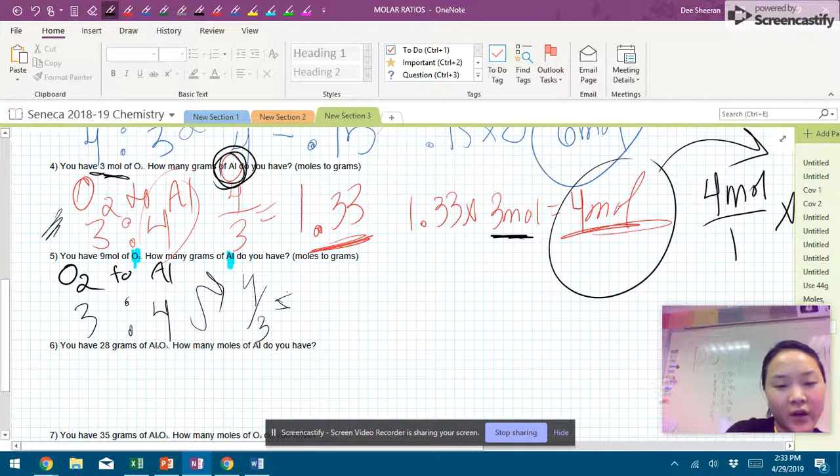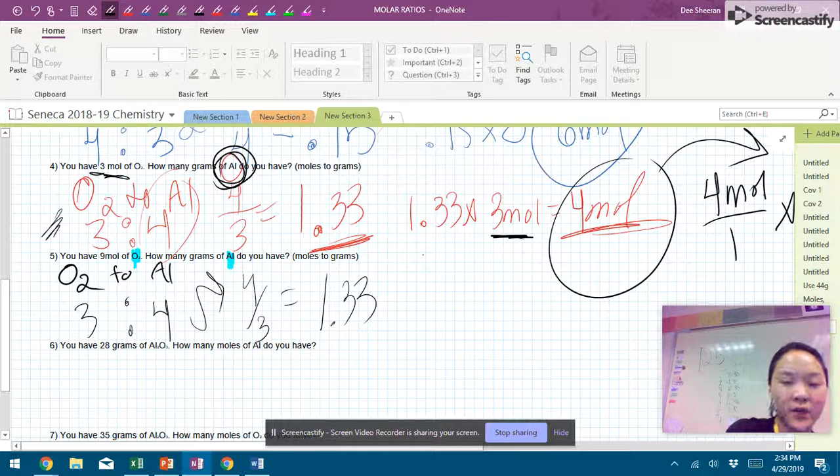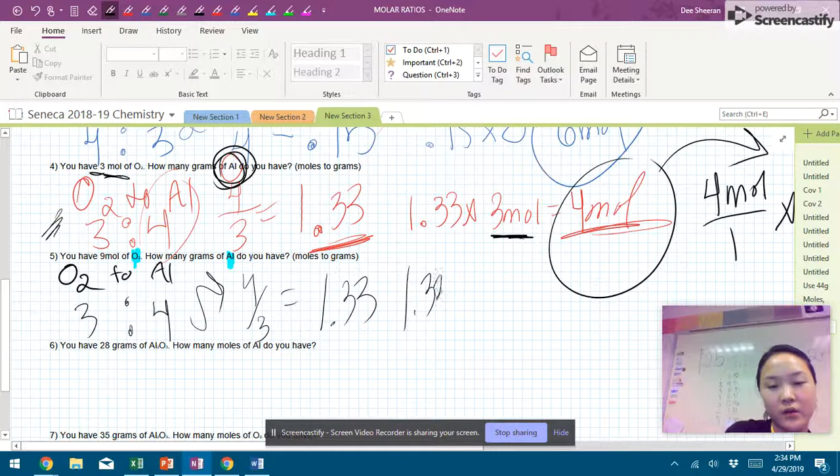When you put that in your calculator, it's going to be 1.33. Okay, so you followed me so far. I used my ratio. I made it a fraction. The number on the right goes on top. And then I get the value of 1.33. Now you're going to multiply that 1.33 times